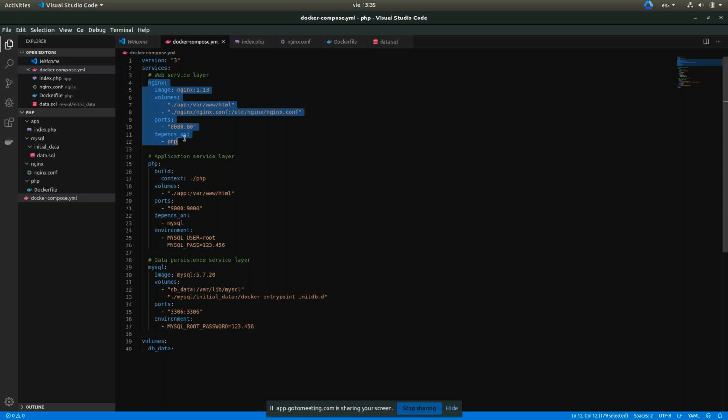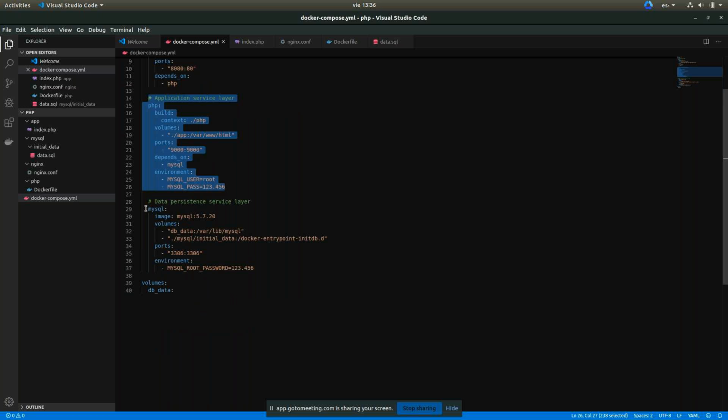So we have a configuration of where the application is installed that we need to map into the HTML folder, and where the configuration needed by Nginx to run is, the ports that we are mapping inside the container and outside, which image it depends on to run, the PHP configuration, and the MySQL version that we are going to use.